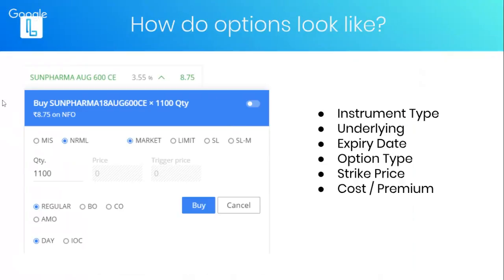In this case, the buyer of this contract would have a right to buy the shares of Sun Pharma. How many shares of Sun Pharma? He would have a right to buy 1,100 shares. Now usually option contracts are traded in lot sizes, they are not traded in eaches, right? These lot sizes are specified by the exchange. So 1,100 is the lot size specified for Sun Pharma. So the buyer of this contract